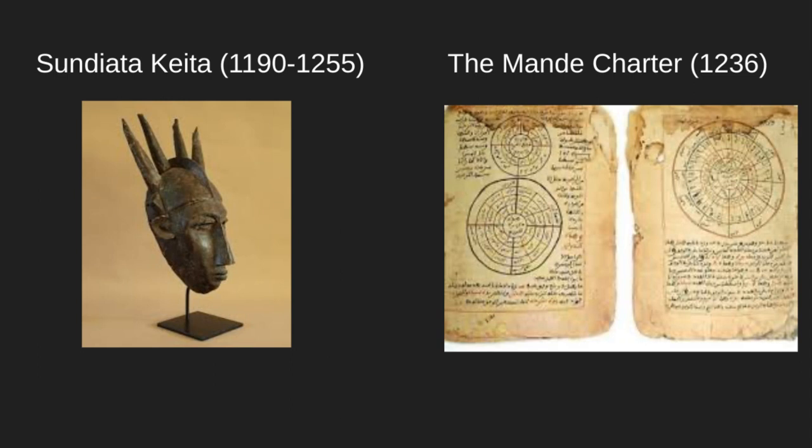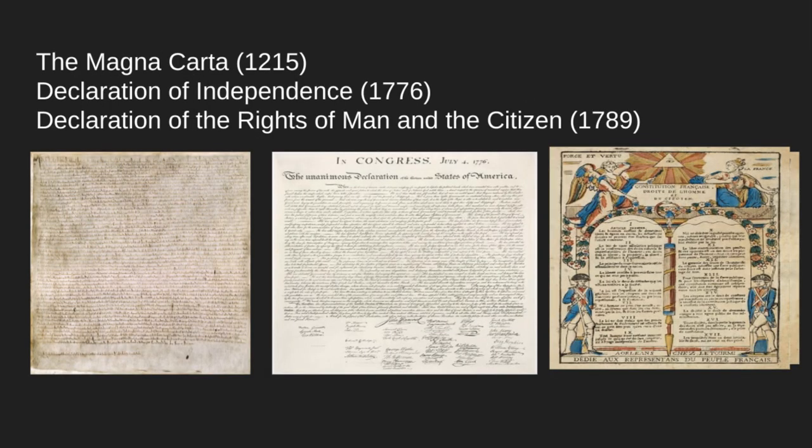But I want to draw your attention again to this. We're focused on questions of literacy, to the Mandate Charter, which was written in 1236. Now, this was a charter which, along with the Magna Carta written in England, is one of the oldest documents of human rights in existence. If we put it in context, the Magna Carta only appeared some 20 years earlier in England, which is also a document that articulates human rights.